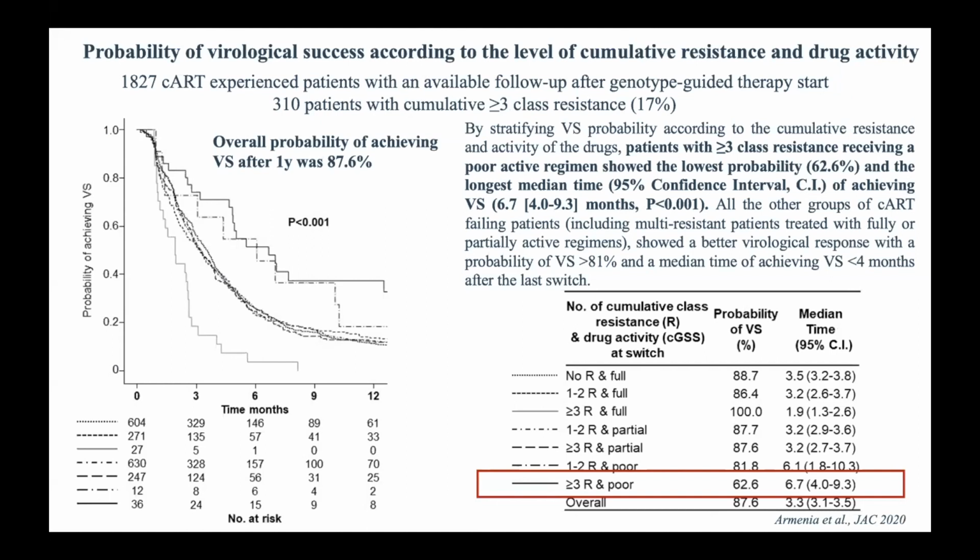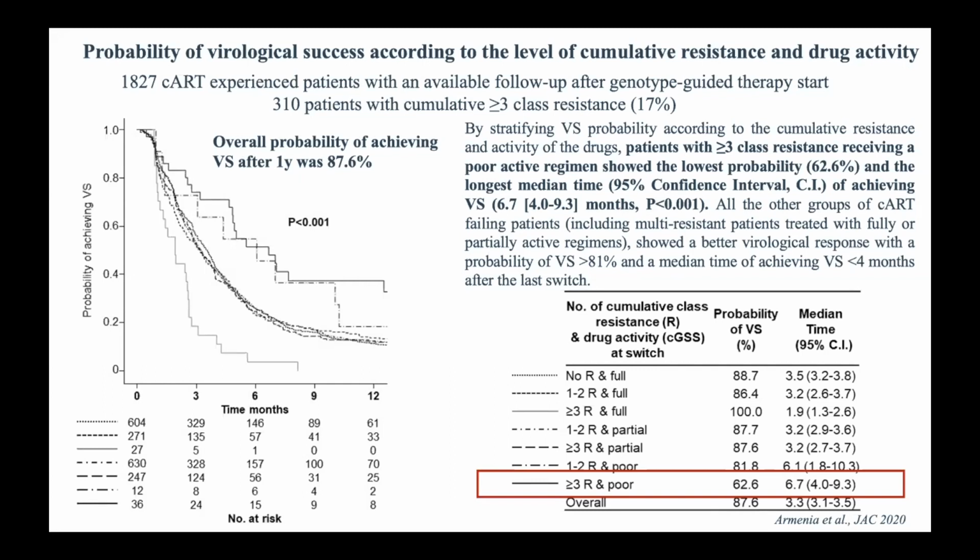So each of us, if we have a virus that is resistant, we can see if the drugs that we provide together with the treatment that we want to provide could be active. Even if a patient has triple class resistance and was given a full regimen after the resistance test, the patients did not achieve a probability of virological success of 100% after the previous failure,